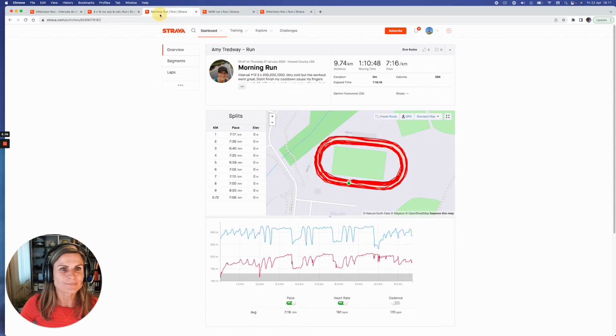Next one. Amy, also an interval training. This is a different one. Amy did 2 times 200, so the shorter ones, and then the longer one is a 1,000 meter, and she repeated that 4 times. Again, I'm looking at the blue line. Amy is running way above the MHR because her MHR is 158, and here she runs 170 even, 172, 180,